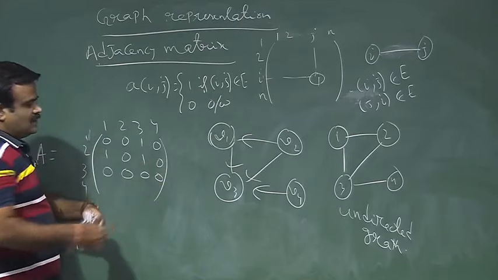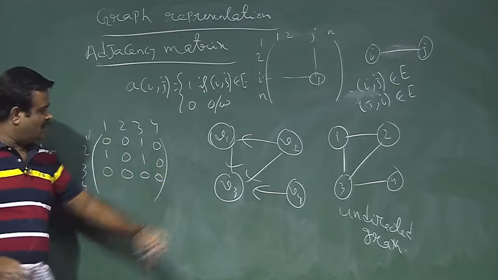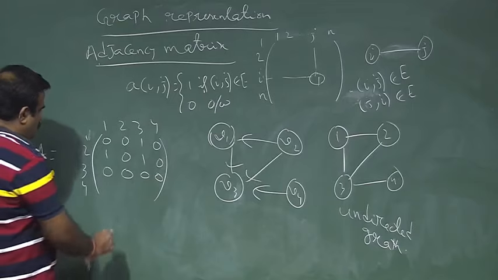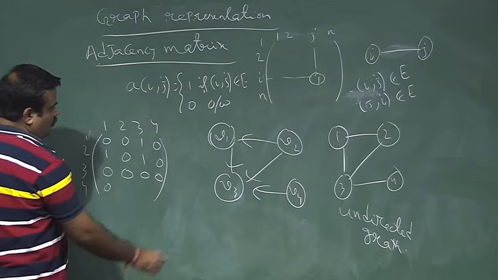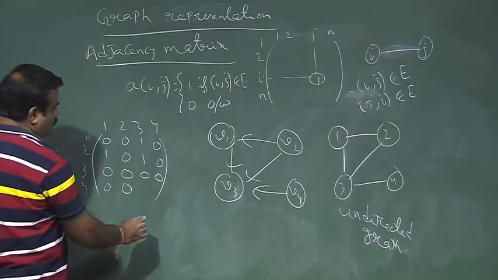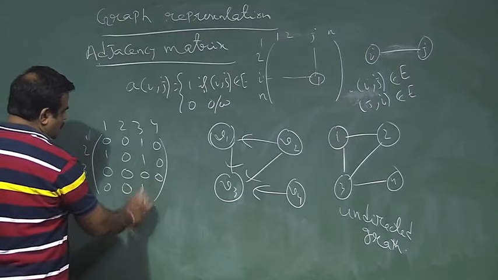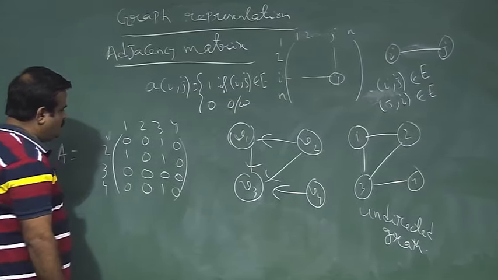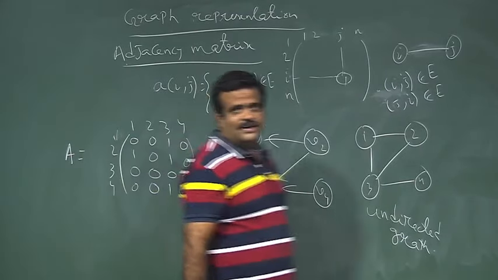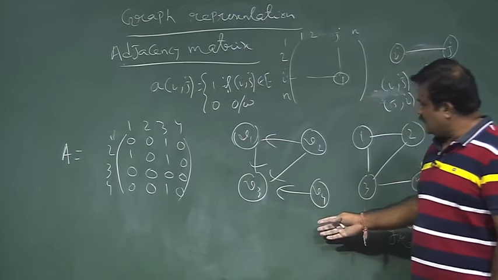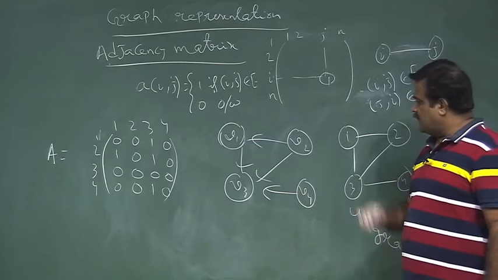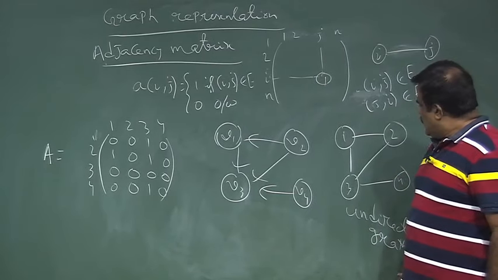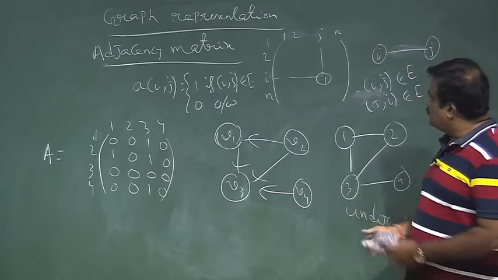All the edges are incoming edges for vertex number 3. For 4 there is no edge to 1, therefore for 4 there is no edge to... sorry, there is an edge to 3. So, this is the adjacency matrix corresponding to this graph. Okay. And corresponding to this graph,